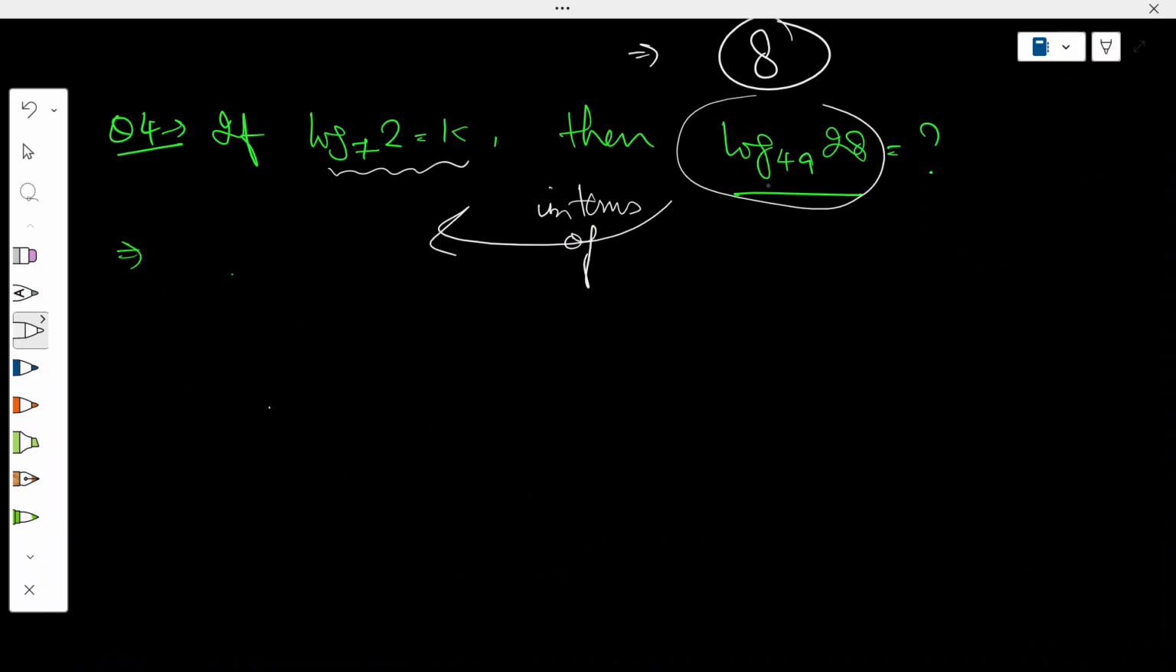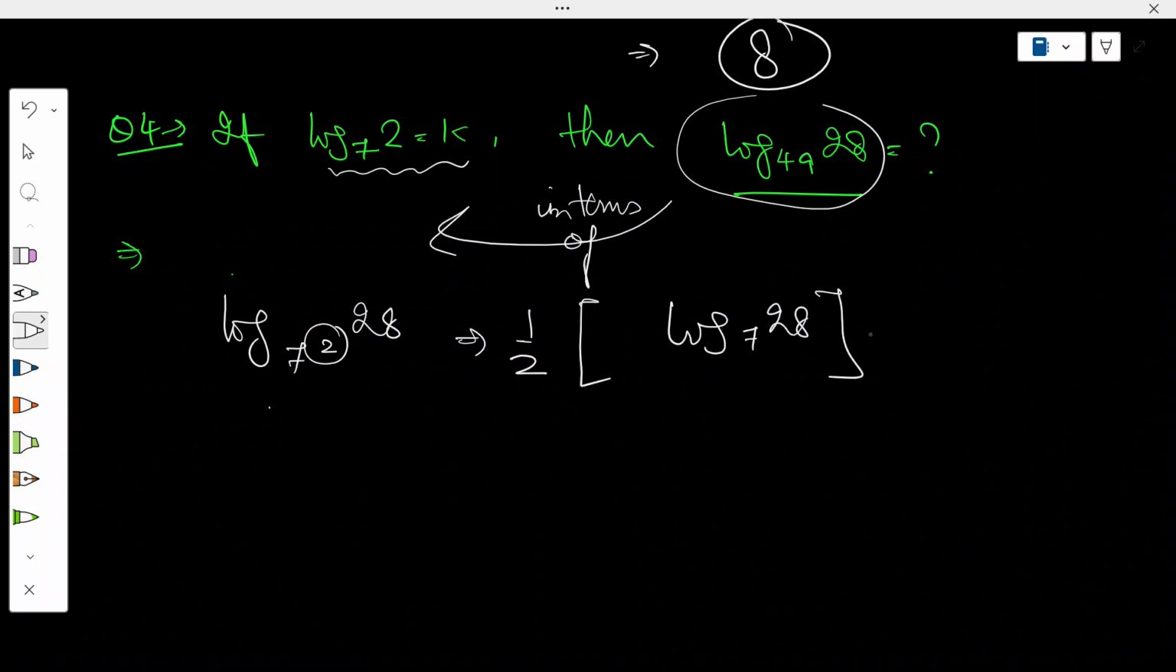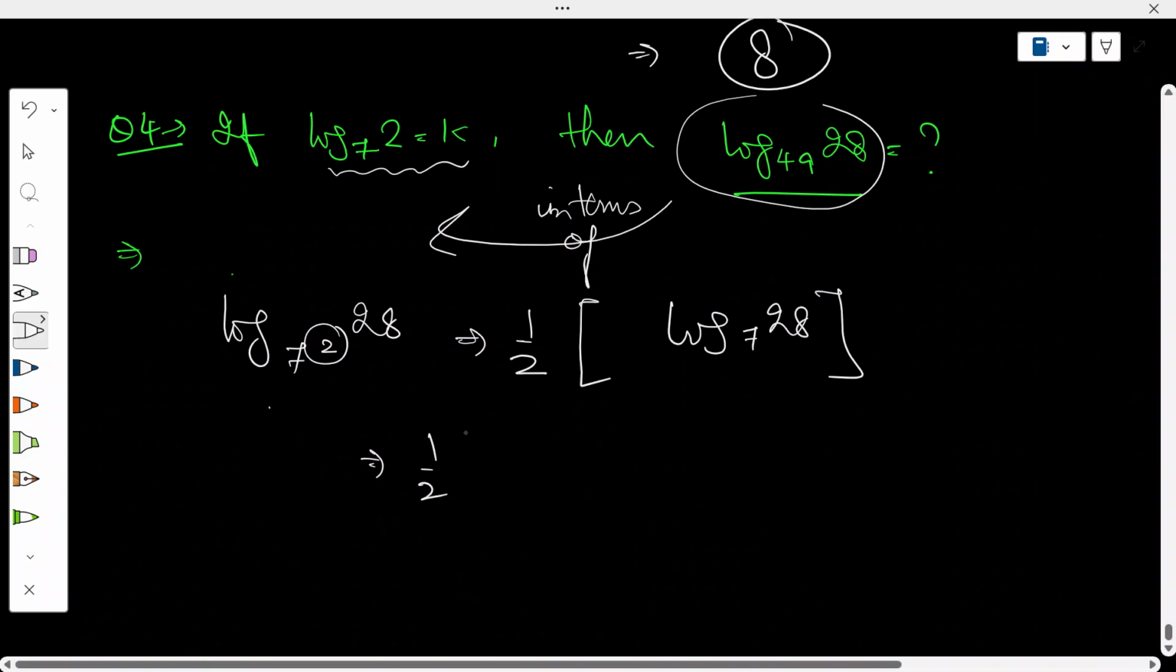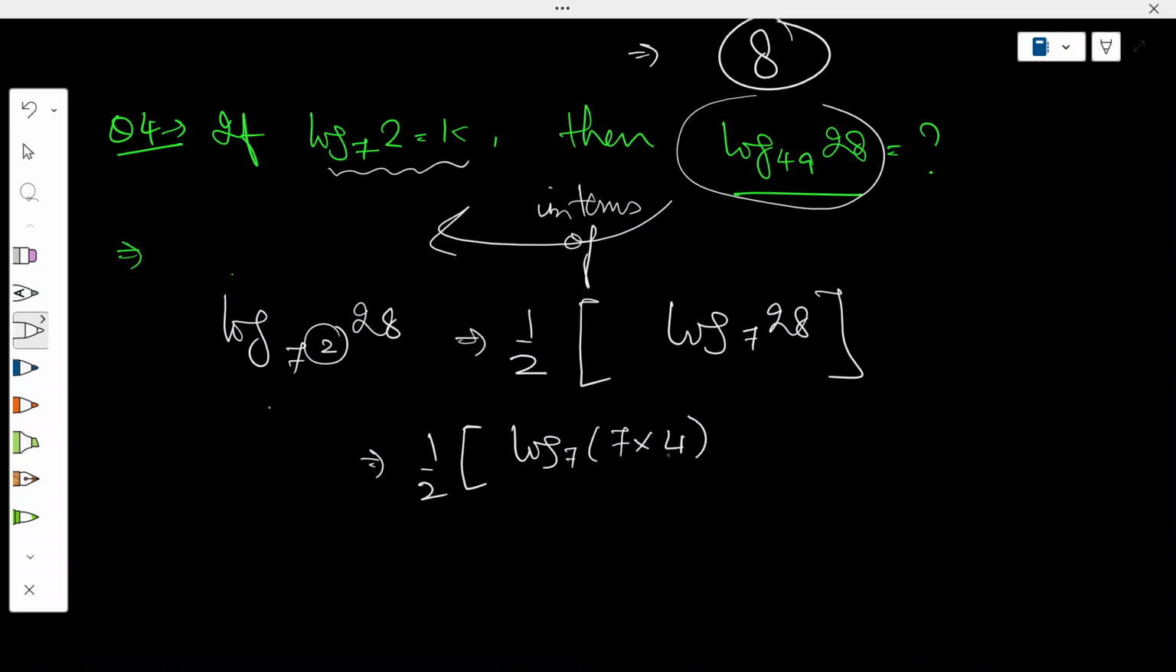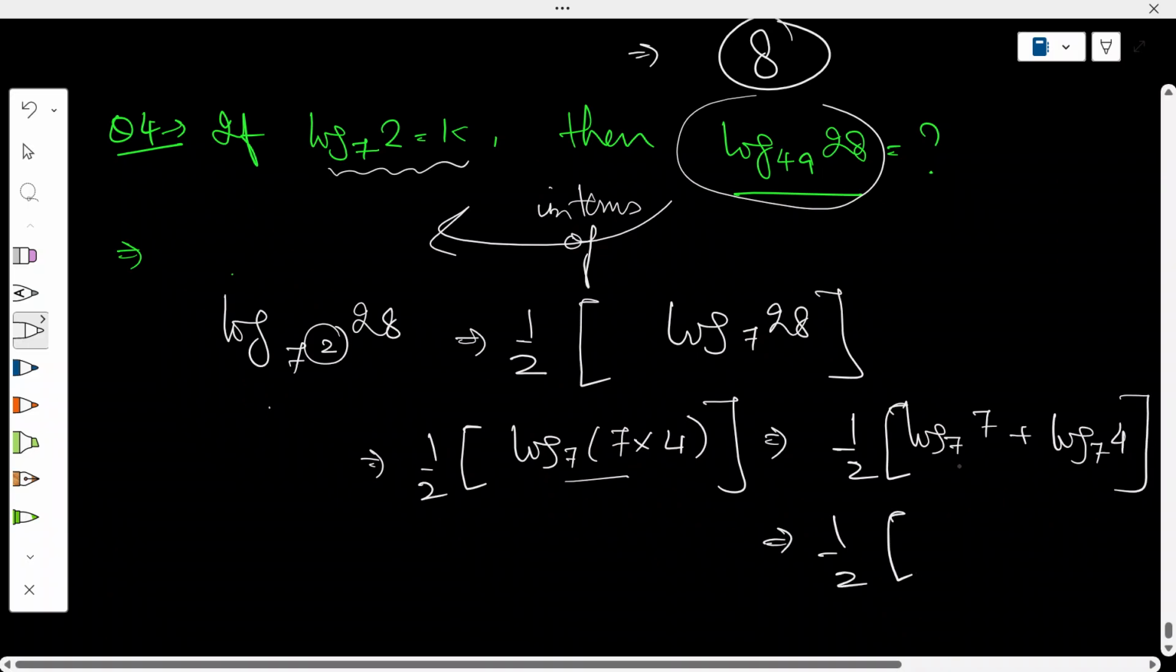and to express this in terms of this, what we can do is, we can write 49 as 7 squared and 28. Okay, then we can transfer this 2 as half, and in bracket we can write log base 7 of 28. Then what we can do is, we can write 28 as 7 times 4. Okay, 7 times 4. Then we can write this as log base 7 of 7 plus log base 7 of 4. Okay, this is 1,